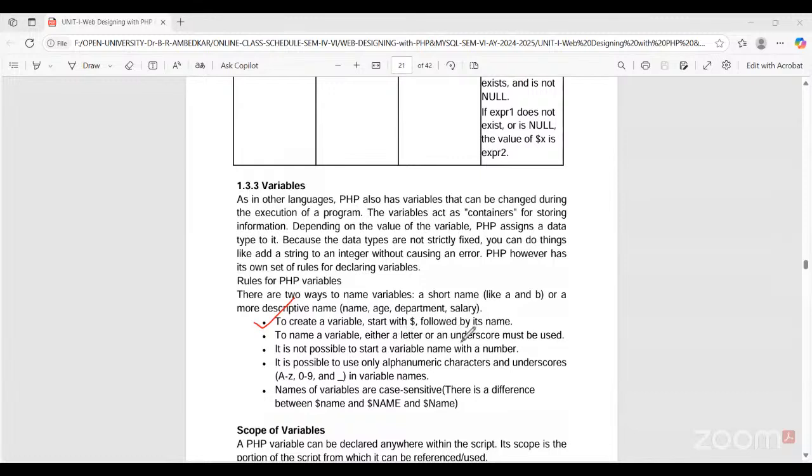either you can use a letter. Letter means an alphabet, or you can use an underscore. It is a must. And one more rule: it is not possible to start a variable name with a number. So you cannot start the variable name with a number like this. And it is possible to use only alphanumeric characters and underscores